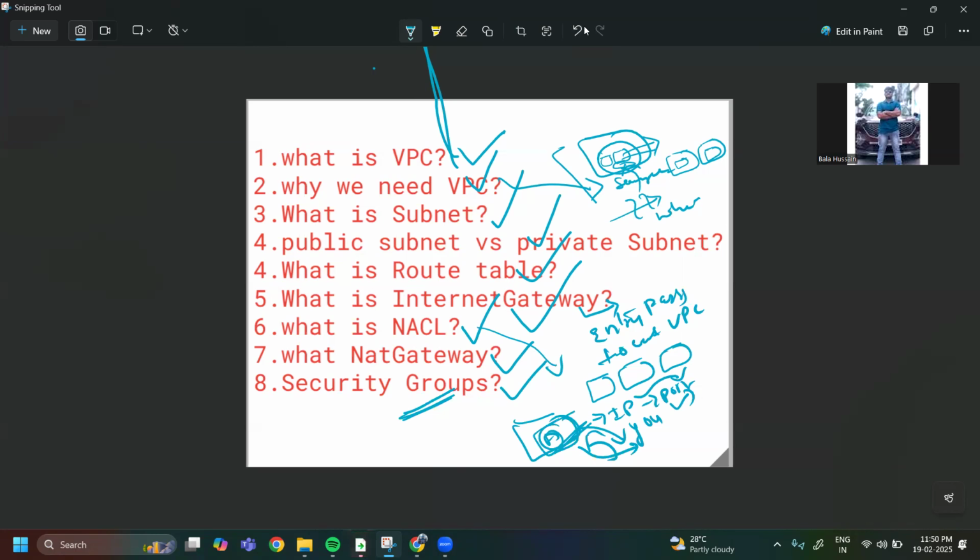To resolve all these issues, AWS introduced VPC, virtual private cloud. Inside the AWS cloud, we create one more secure cloud for you. We provide virtual machines on that VPC, and we create IP ranges.